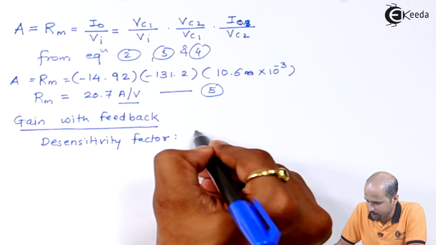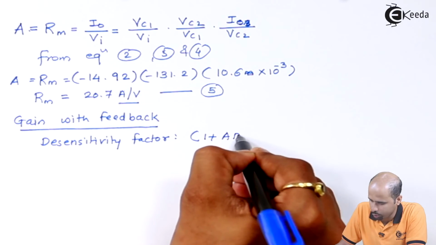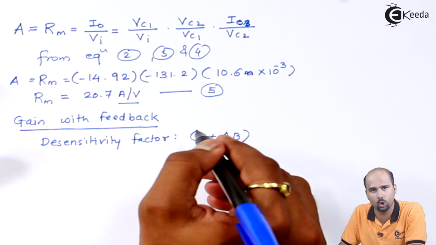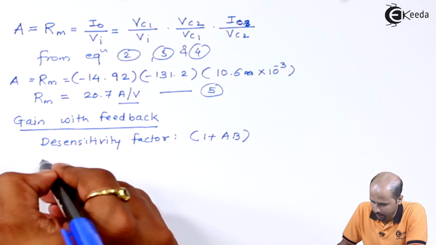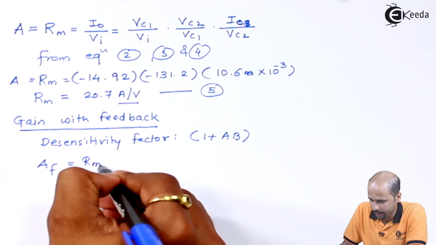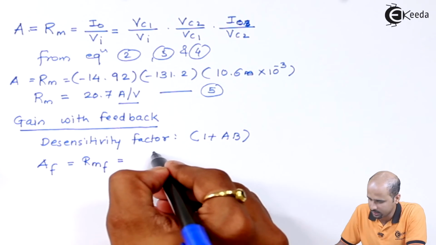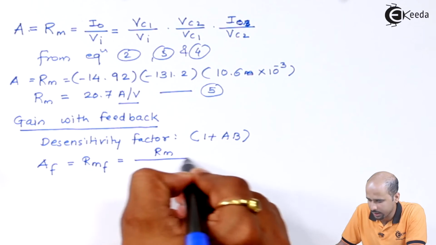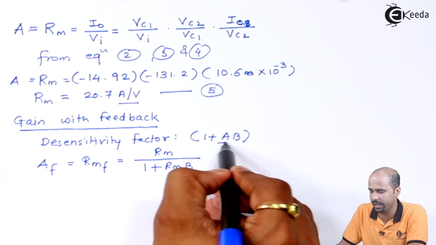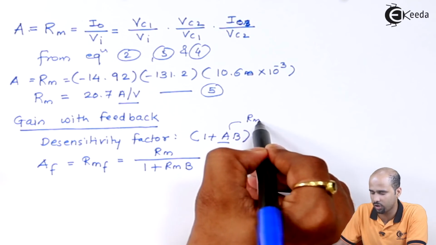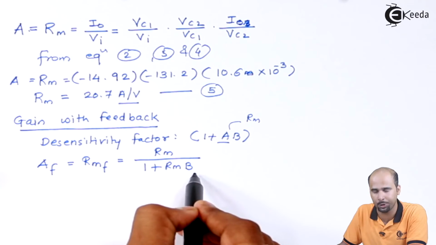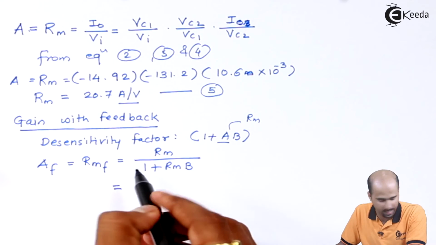Okay, that is coming out to be 1 plus A into B, right? We know the value of A and the value of B, so calculate that particular value, and then we have to move further for AF, that is nothing but RMF, and that is nothing but the value of Rm divided by 1 plus Rm into B. Here A is nothing but Rm only for this particular topology. So Rm divided by 1 plus Rm into B, that we will be getting at